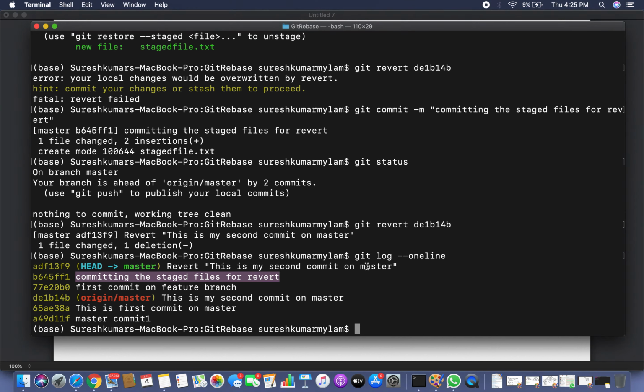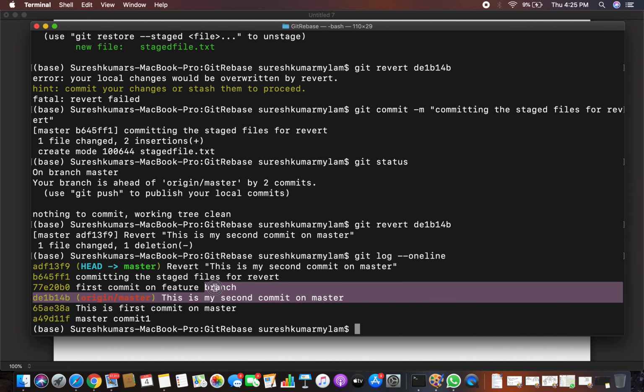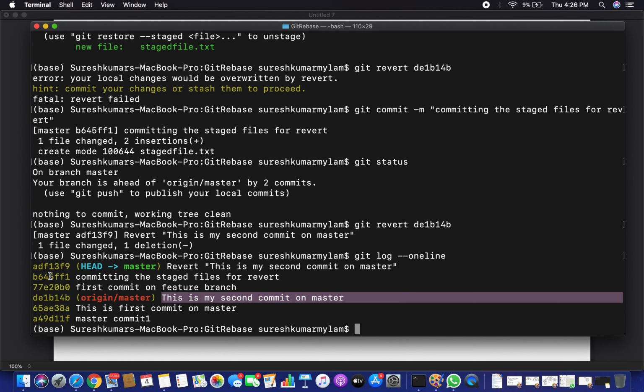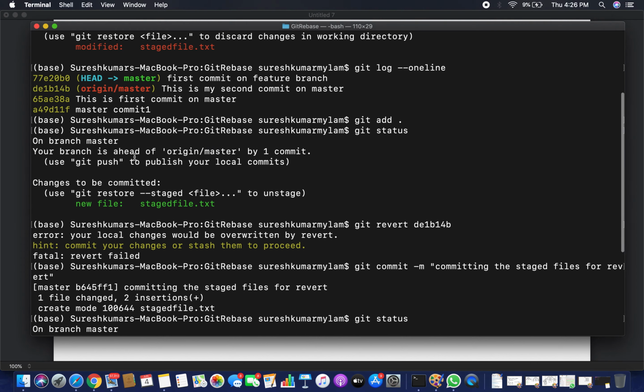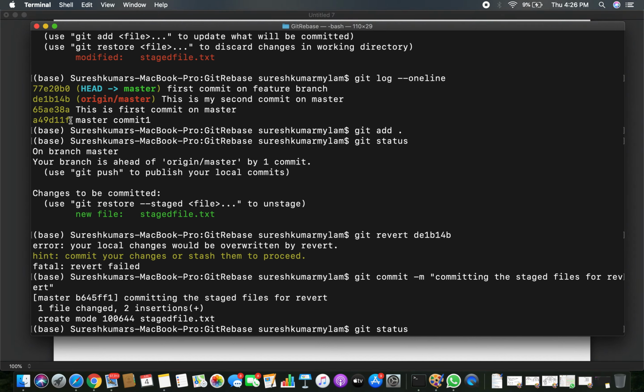So now you are seeing 1, 2, 3, 4, 5, 6 commits on my master. Earlier there were 4 commits, and we made one more commit for committing all our staged files.